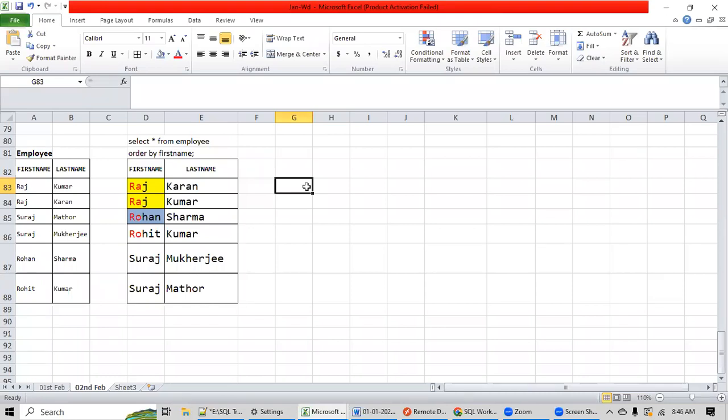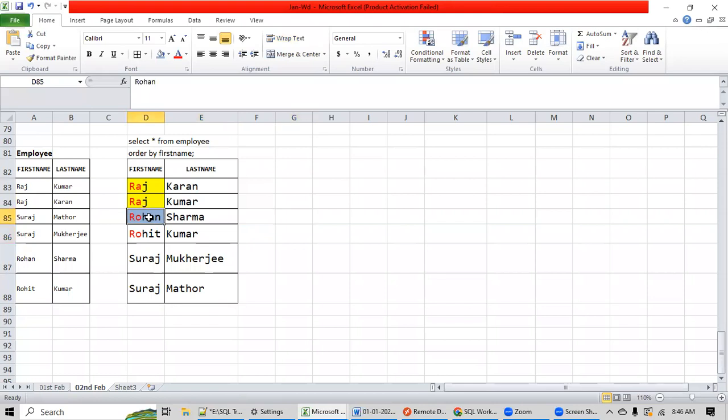Okay, fine. Now, this is a little bit confusing, so you have to understand it very carefully. Now, Rohan Sharma and Rohit Kumar. Why did I keep Rohit Kumar after Rohan Sharma? Because A comes before I in Rohit. Okay, so here we are telling the engine to sort based on the first name.